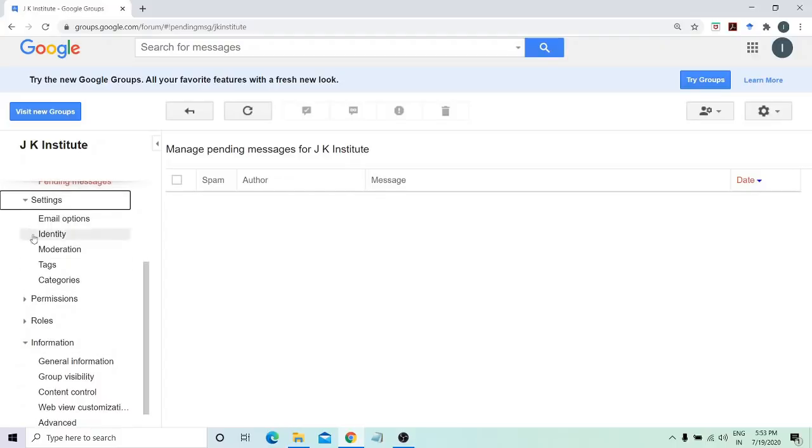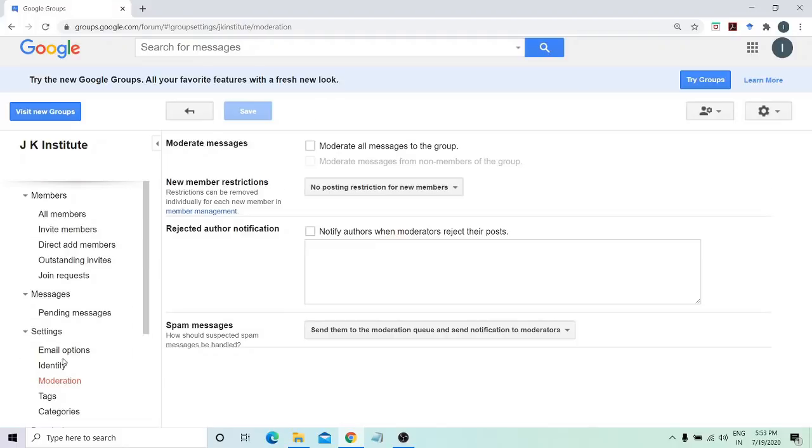Again, you can provide a number of settings: email options, identity, moderation. In case of moderation, when some members of the group make any post, the post has to be first moderated by the admin if I enable it. Otherwise, the post will be directly posted to the group.